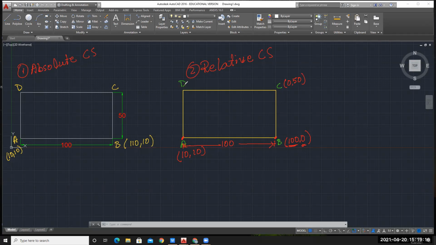Again, for point number D, if your coordinate is like this for every corner, your coordinates are like this. So if you will write 100, it will move in positive direction. So in Minus X direction, you need to move 100. Yes, exactly correct. Minus 100, in Y direction, you need to move 0. So this is our coordinate values for relative coordinate system.